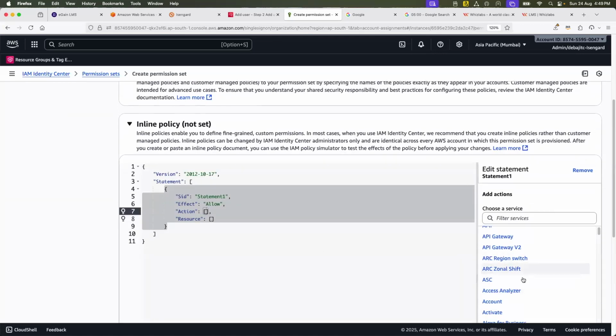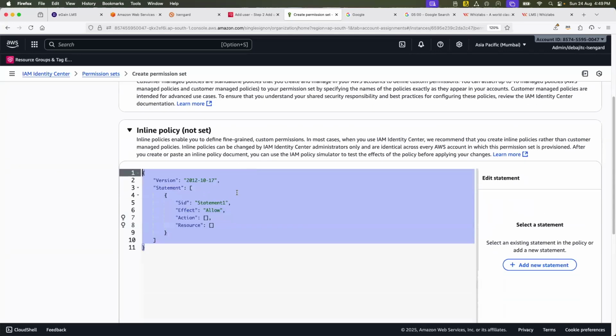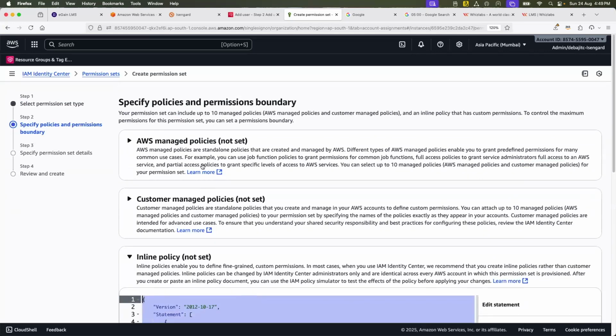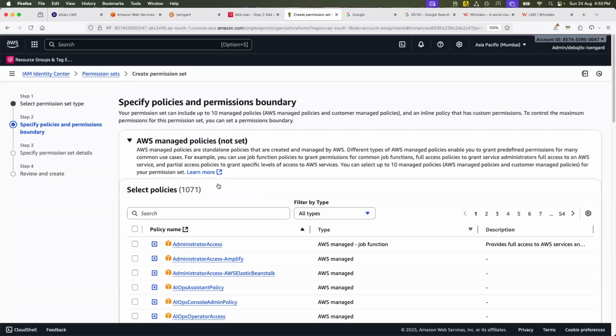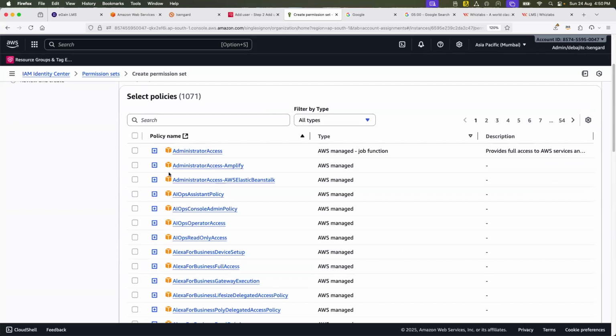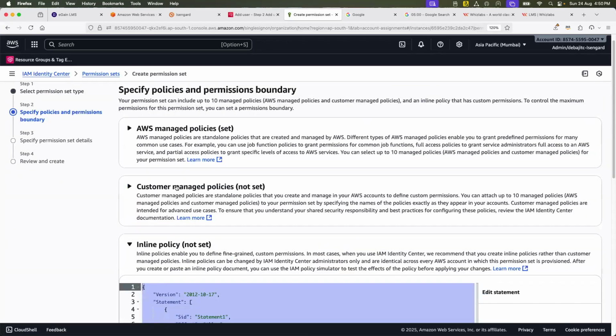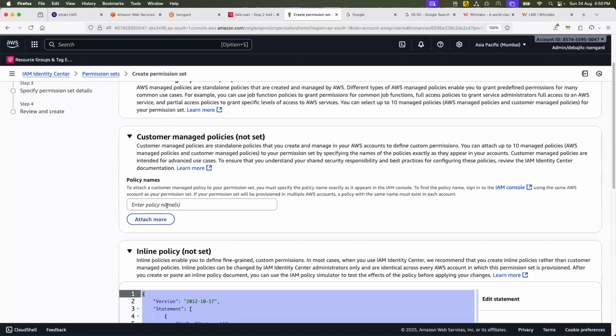Some of the policies that you can create are, for example, only API Gateway, only maybe Amplify, or if you scroll down, maybe only CloudShell. So you can create your own policy in JSON format, okay? That way that person only has certain permissions. Or you can go for an AWS managed policy, simply selecting multiple policies from here. Probably you are familiar with the same permissions from when we discussed AWS, right? You can simply go and select those policies, or attach policies.